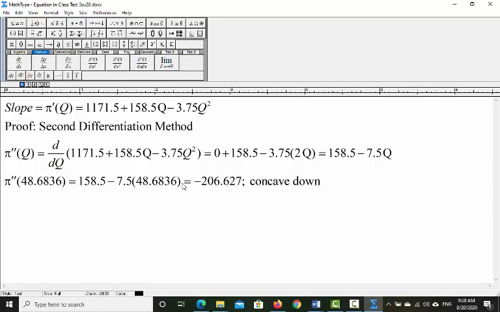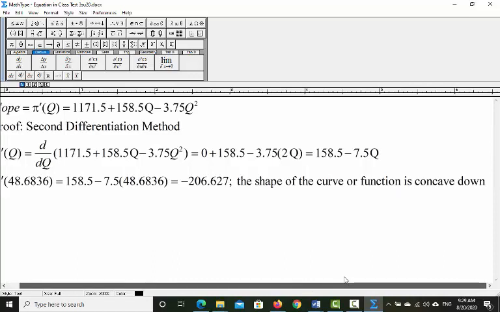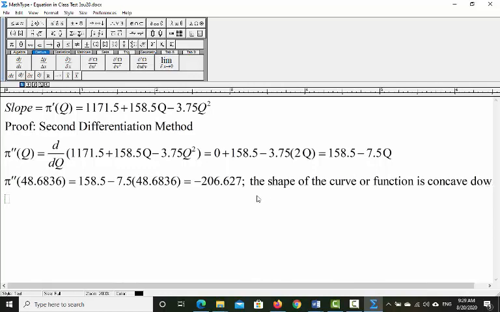So that means what we can see, the shape of the curve or function is concave down. So that means we can prove that. That means we can conclude that